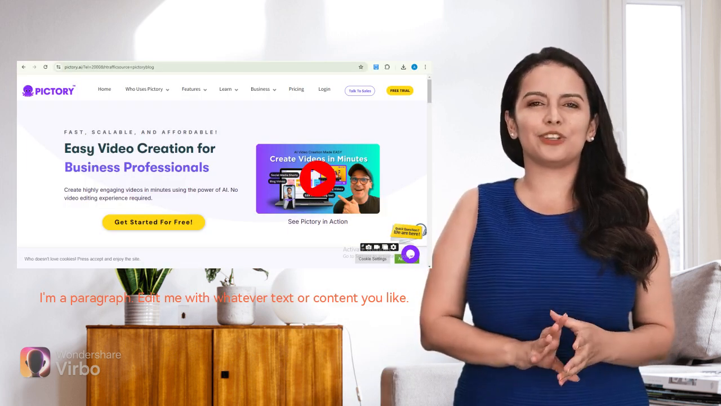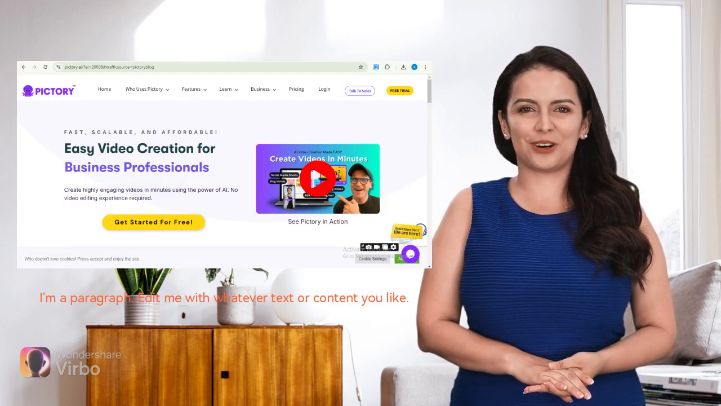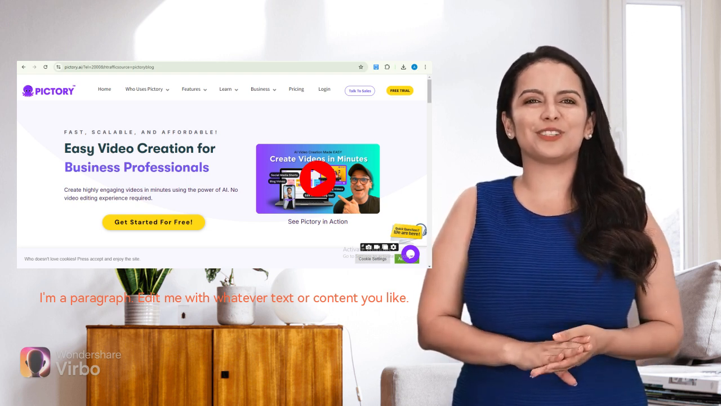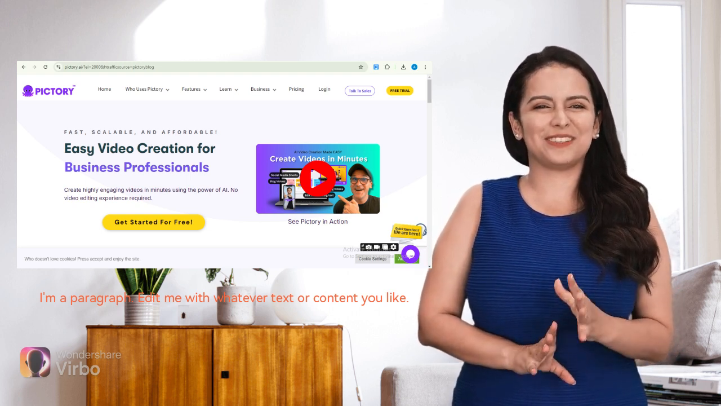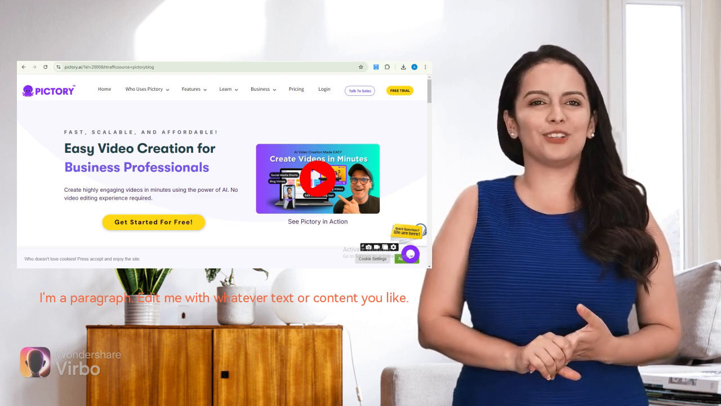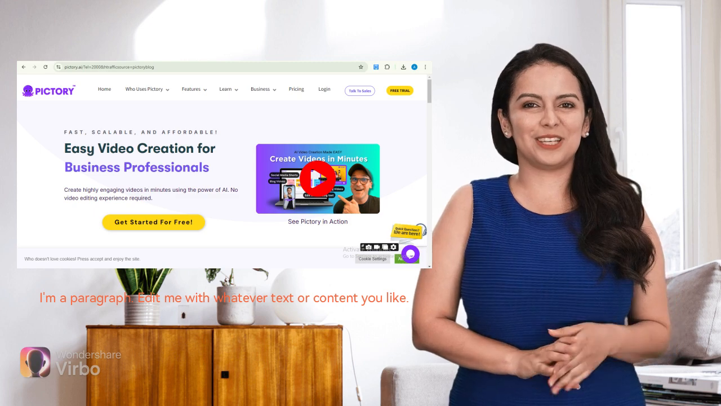First, head over to Pictory.ai and sign in or create a new account. Once logged in, you'll land on the dashboard. From here, click on Script to Video, where the magic begins. This feature allows you to transform any text-based content, whether it's an article, blog post, or script, into a visually